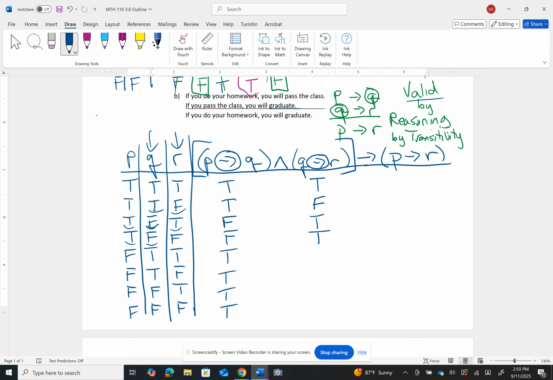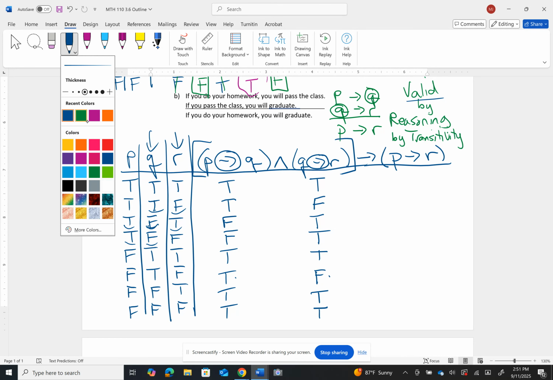Then true followed by true is true. True followed by false would be false. Try to keep your things lined up with where you are relative to the first column that we did. Keep those lined up. Right, false followed by true, false followed by false. Okay, so that's the answer to the second set of parentheses. All right, now